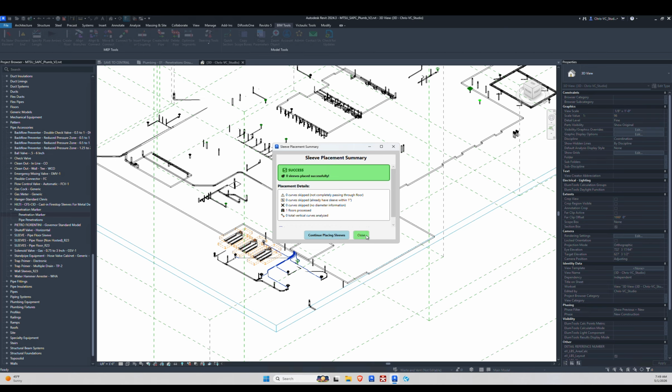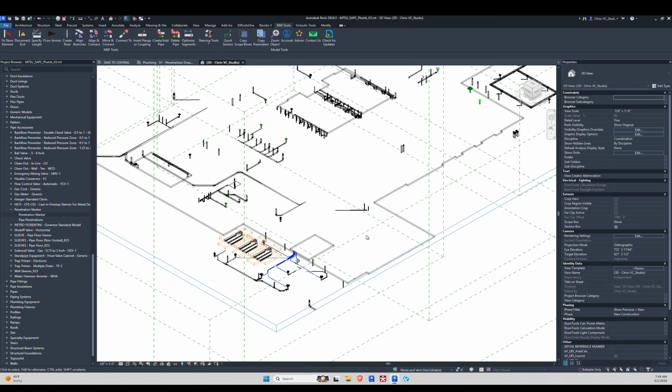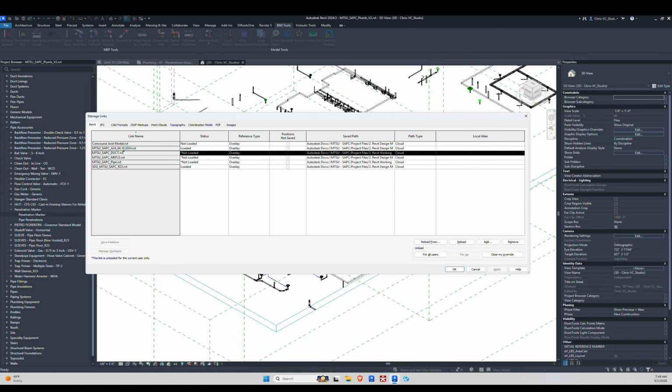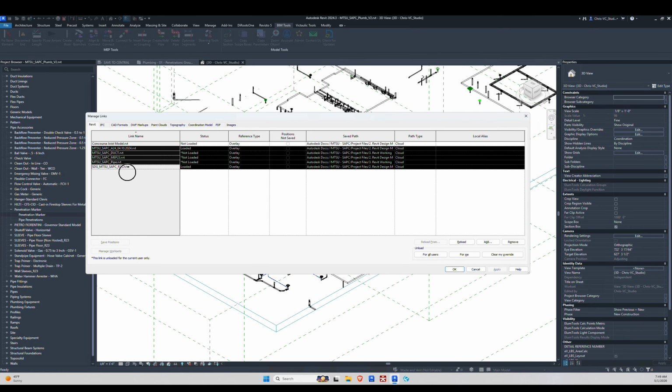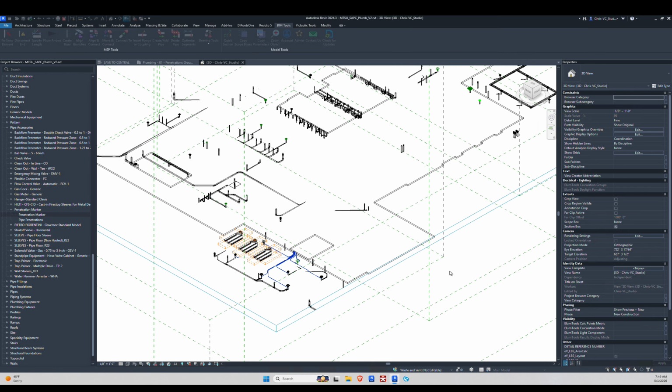Yes. Just like our sleeves, if you have models linked in with floors, it's not going to work. It's a bug I'm working on fixing. I just haven't quite got there yet. But what you can do is go to manage links and unload your links. Now I come here, I can go back, hit that, hit that, hit that, and